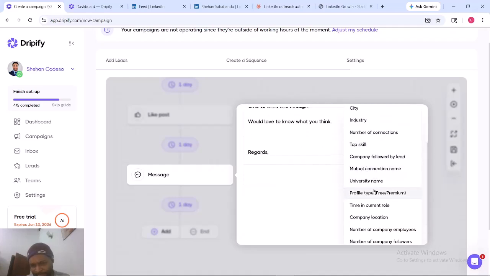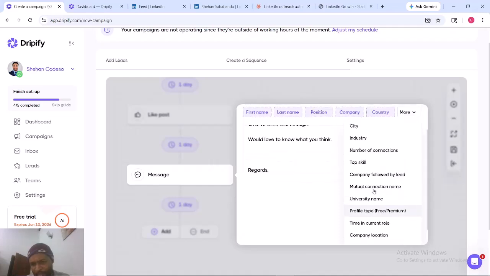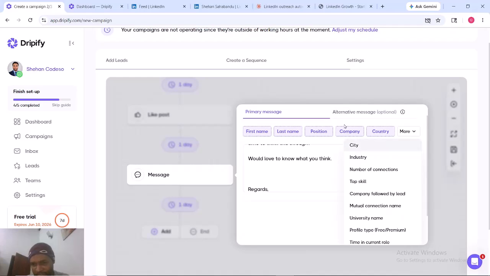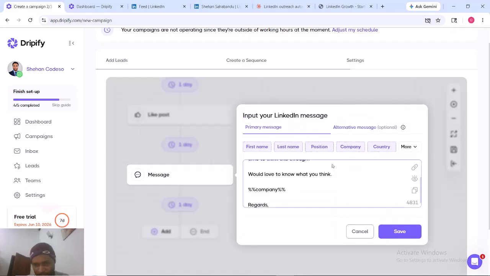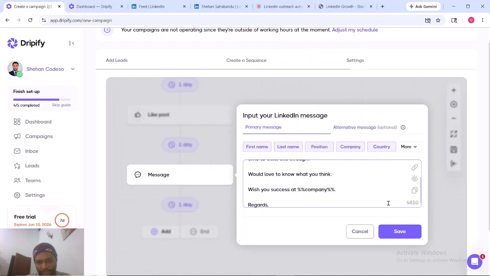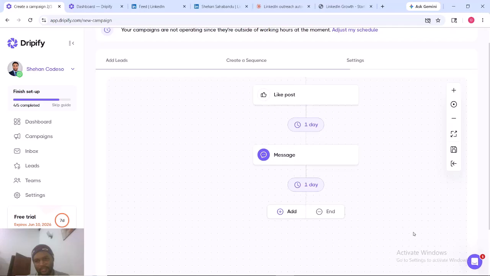Say, for example, I will use the company variable and write: wish you success at the company. Now the system will replace the company with the company name that our prospect is actually working at. So then I will save the message, and then the sequence is